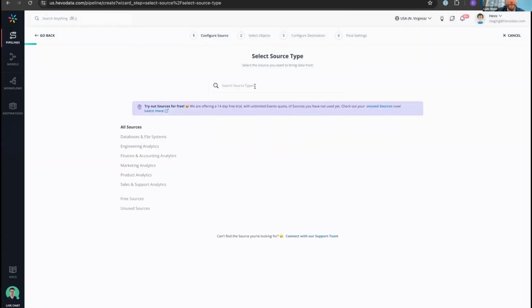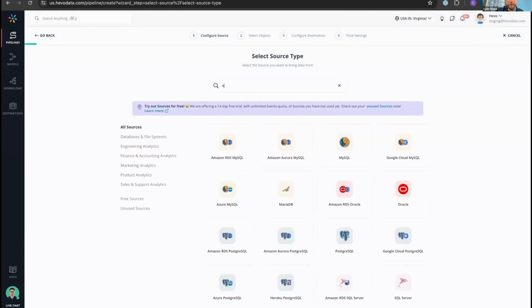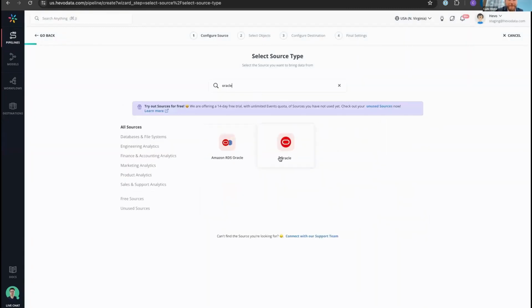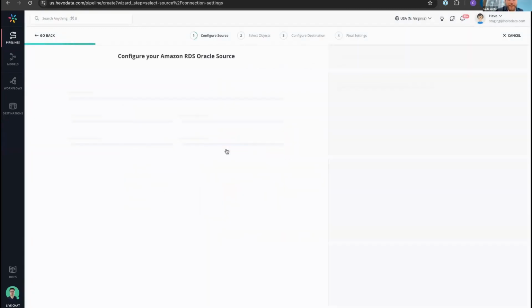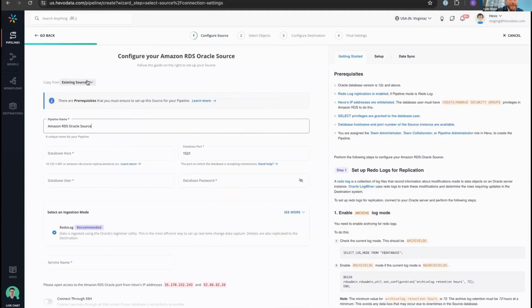Here and create a new pipeline. So again, Hevo has over 150 native sources today. In this case, I'm going to click Oracle. And a great feature that I love as a sales engineer is I can just copy this configuration from an existing config. So I don't have to go in and re-input all my different credentials here that I already